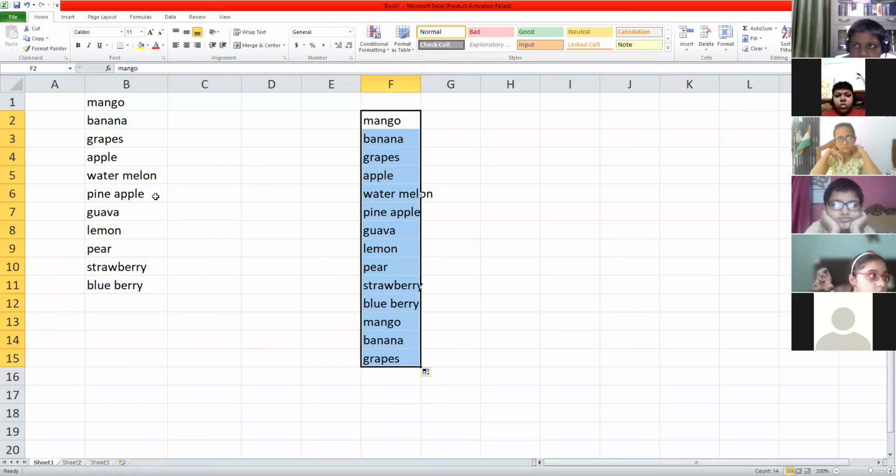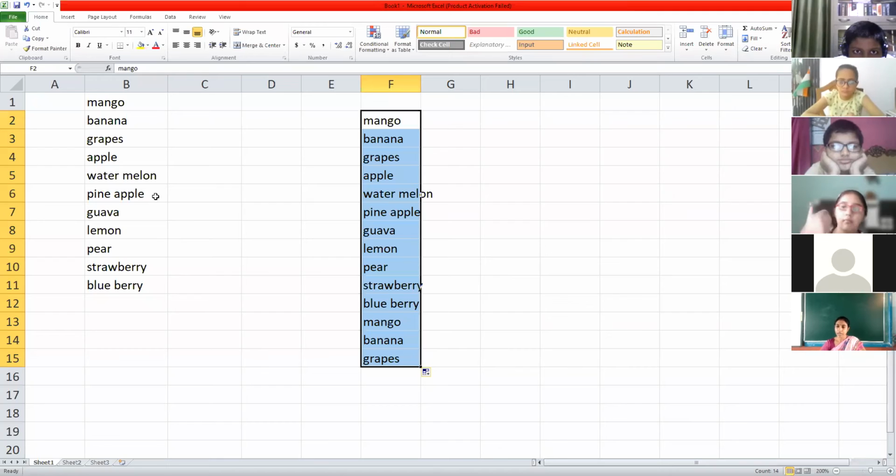Once I have typed something, I realize that I am going to use it again and again, so I have imported it into my custom list. Like the names of the students in a class. Each month I have to maintain attendance, and the same students are going to be there. So I will type those names and import them in my custom list, so that whenever I write roll number 1 or the first student's name and drag, all will come. I don't have to write it all again. Isn't it a good feature?